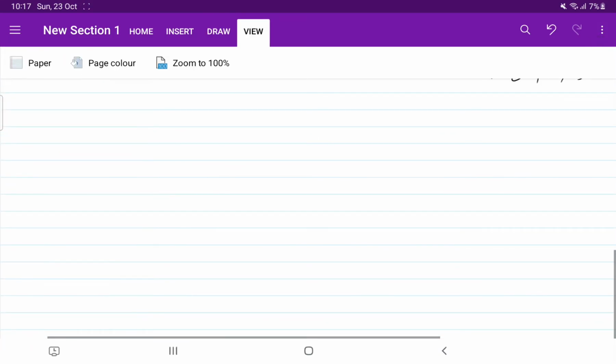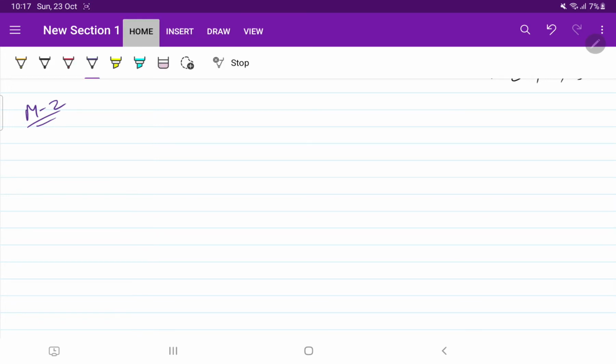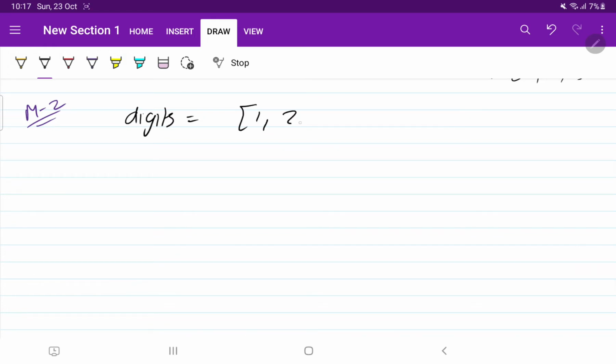Okay, let us move to the other approach, method 2. So what is method 2 to solve this problem? Suppose the digits array is given to us containing the elements 1, 2, 3, right? So what you need to return is 1, 2, 4.